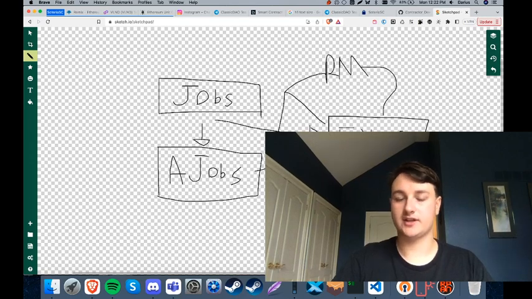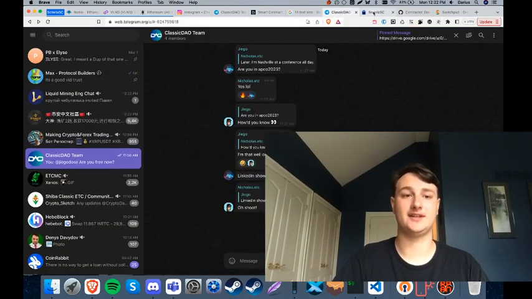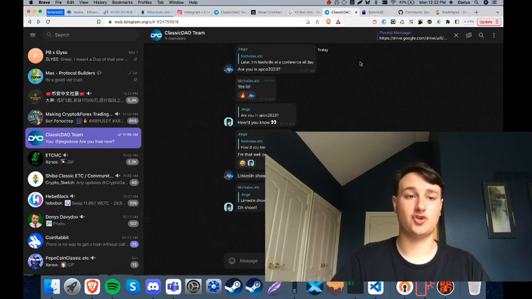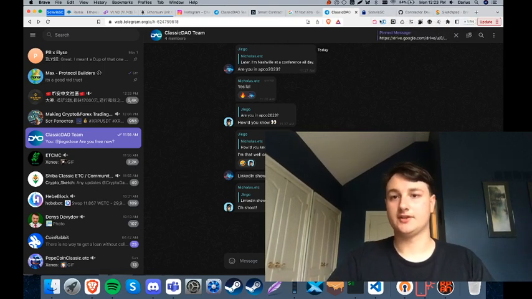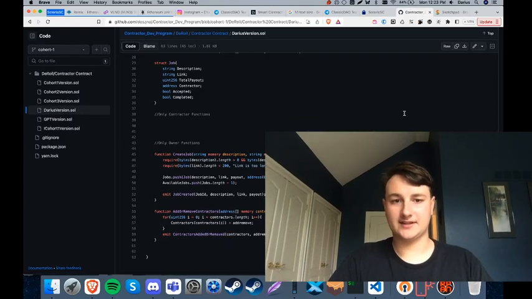If you have more questions on how to do this, let me know. This is maybe one of my favorite concepts when it comes to smart contracts, because it solves a problem that a lot of smart contracts have, which is keeping track of an available repository of information. In this case, it's all the available jobs. So I hope that makes sense.